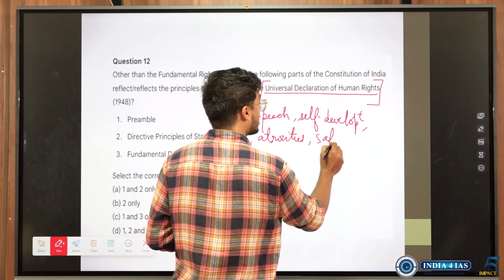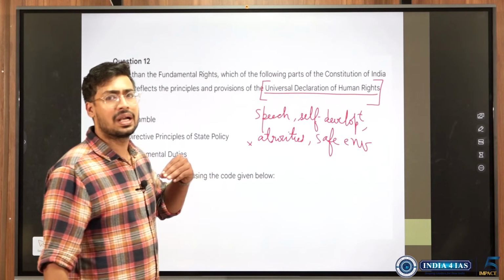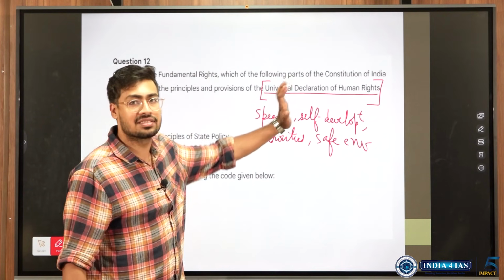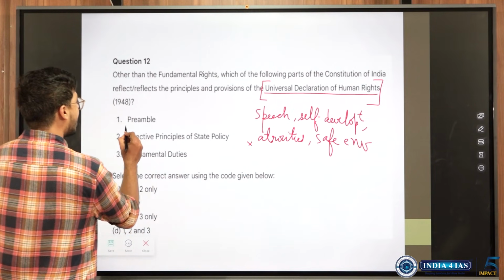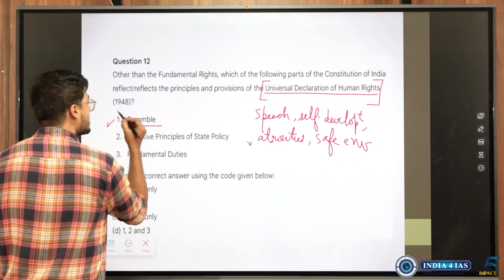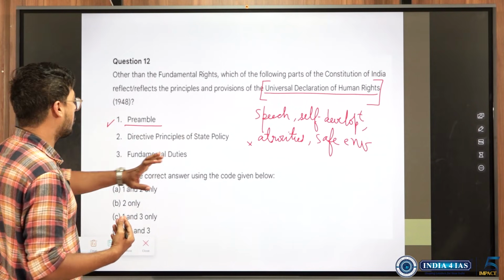So Universal Declaration of Human Rights means these are basic rights which anyone should have. So there would have been a bundle of rights that would have been mentioned under this. If we keep that in mind, how we could have solved it. See, Preamble provides for liberty. So this was a likely chance. If this one thing comes to mind, liberty, equality, this is what it would have provided for.